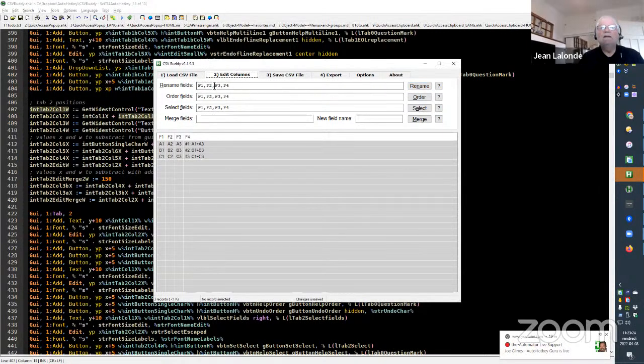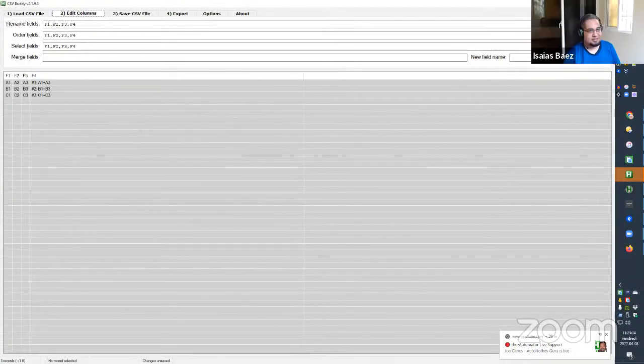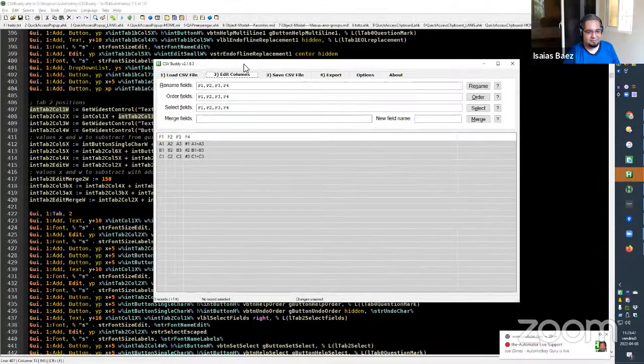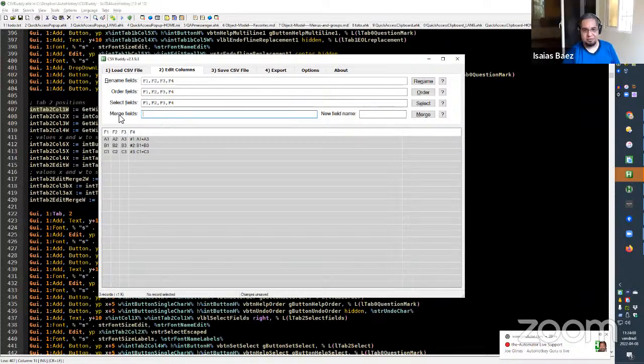And this edit control is the one that will be stretched if I change the width. There's a minimal width, but it can get full screen like that. Yeah, exactly. This is great. And this control here will not change. I could have the 2 controls change and make it percentages between one and the other. But in the end, it's this one here that could be longer. That's the new feature I showed you a few weeks ago that I was calling reuse fields, but I changed the name to merge.